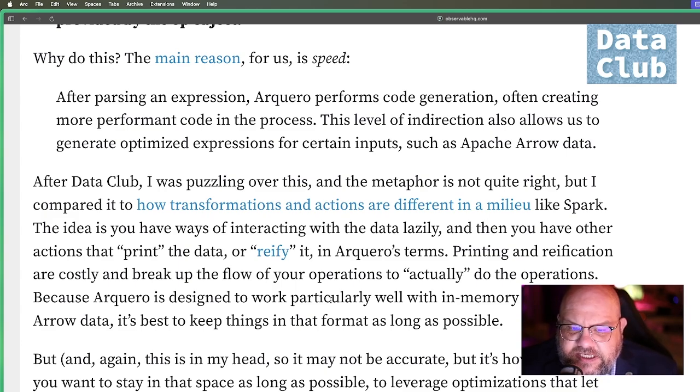And one way I was thinking about this was like how things work in something like Spark, where you have transformations to your data set and then you have actions. And the transformations are all done lazily. So you can sit there and do any number of transformations you want, but it won't actually do them until you create an action, which sort of, in my head, prints the data. Or in Arquero's terms, it reifies it. So you get a kind of stabilized new version of the data